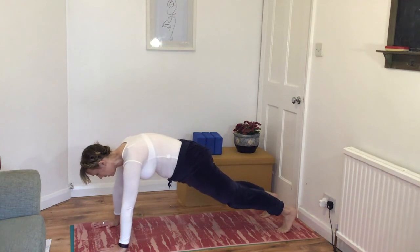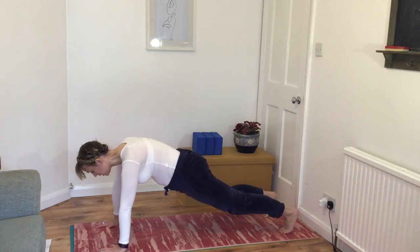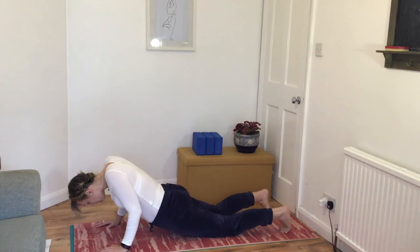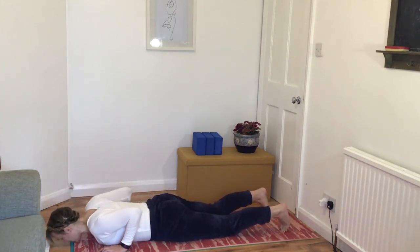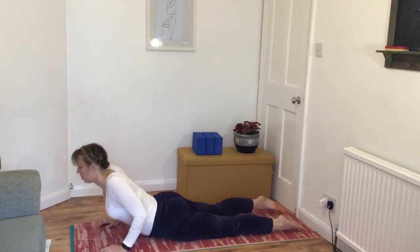Bringing the seated area so that it's straight with your back into plank. Engaging the navel, pressing down with the palms. Calming down slowly, bending the elbows into the ribs. Bring your chest down to the mat, your chin, your forehead, untucking the toes, pressing up into cobra,